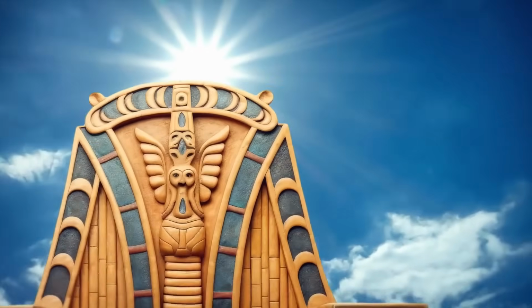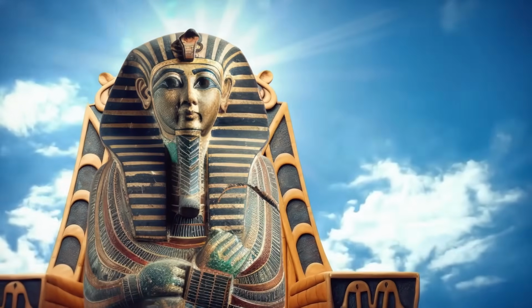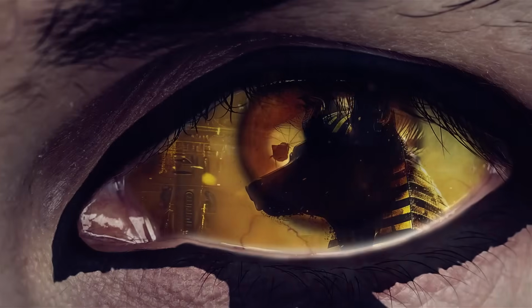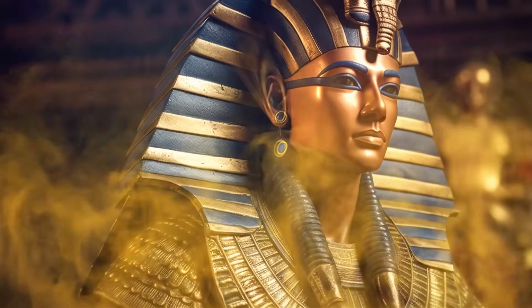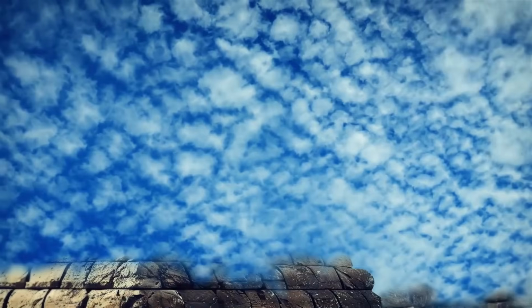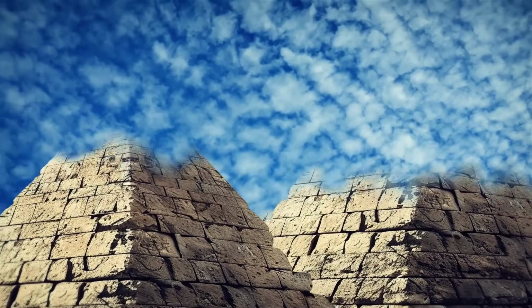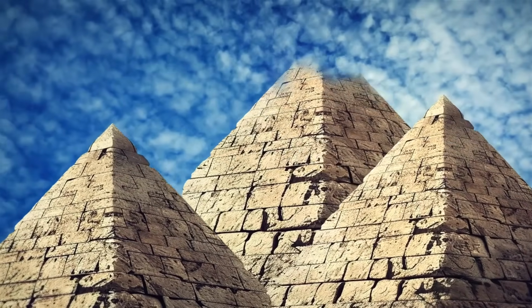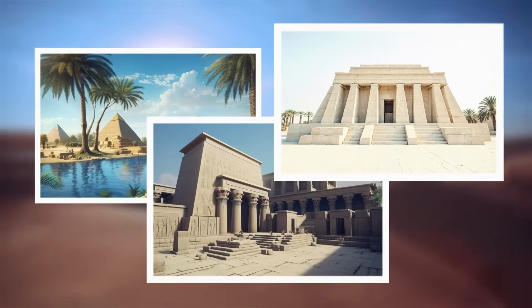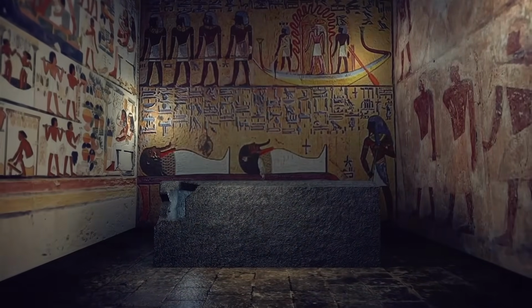Back to the story. In ancient Egypt, it was believed that kings were chosen by gods to serve on earth as their mediators. In the afterlife, they were expected to become gods themselves. The pyramid complex was built to make sure that the king had everything they might need in the afterlife. The complex included the pyramid, a palace, and temples. The tomb in the pyramid, where the king was buried, was filled with many things they might need, like furniture,